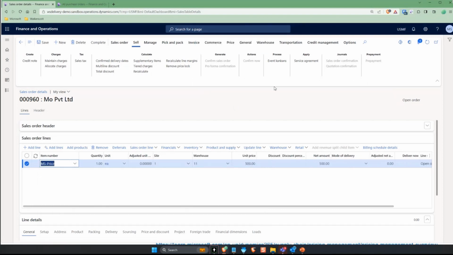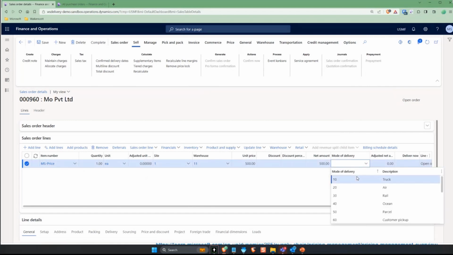Bear with me, it's processing. So currently the default price is coming out as a base price. As you can see, the mode of delivery is blank. So as soon as I change that to, for example, 10,